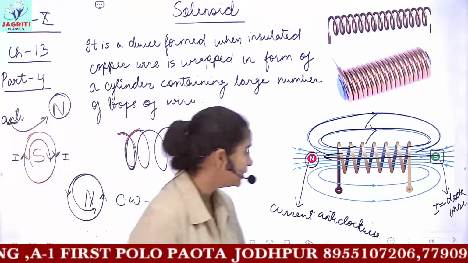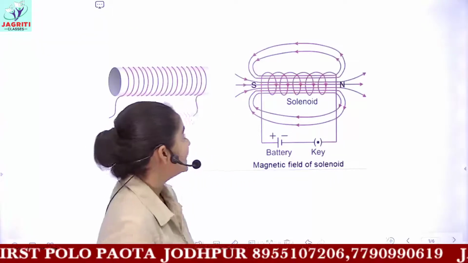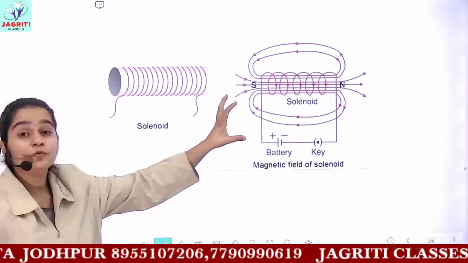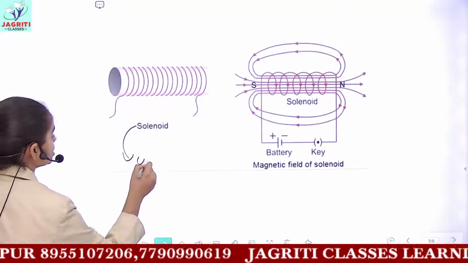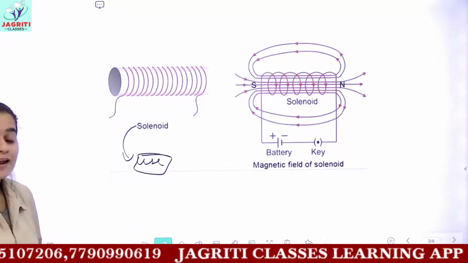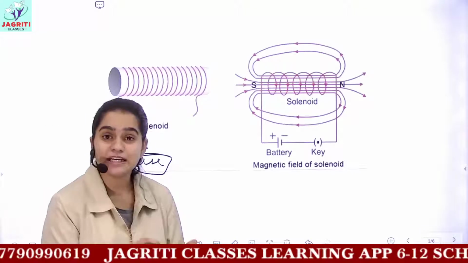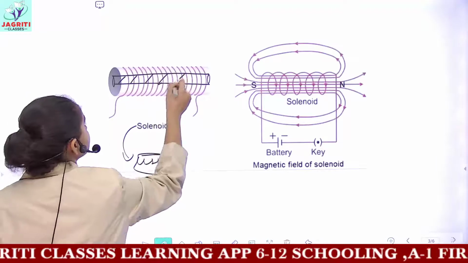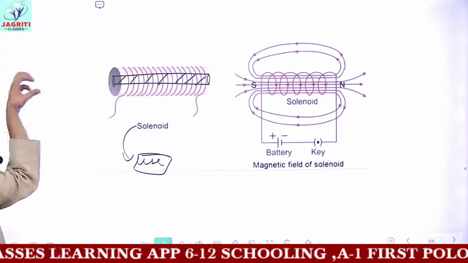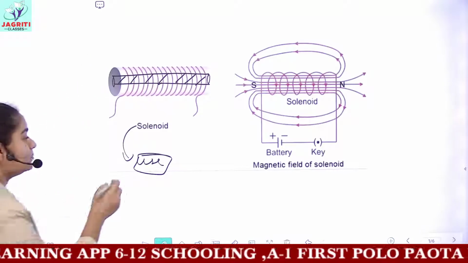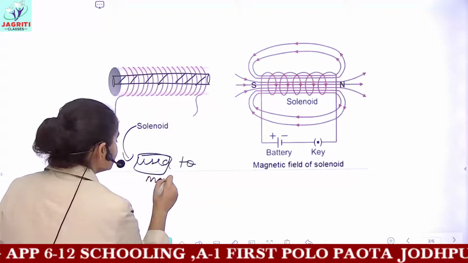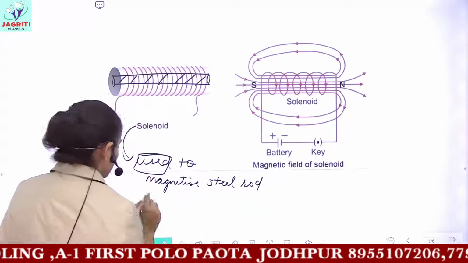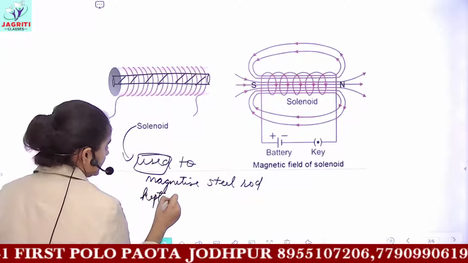So now we will be doing the next topic, which is the electric motor. Before this you can also see a circuit diagram. This is a solenoid, and what is the use or application of a solenoid? This solenoid can be used to magnetize any kind of steel rod if you put the steel rod inside this solenoid. Okay, we are putting this steel rod inside the solenoid. So a solenoid can be used to magnetize the steel rod which is kept inside it.